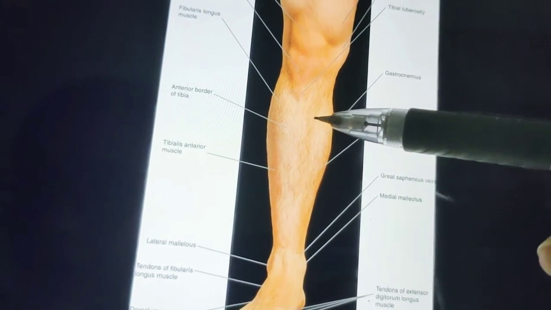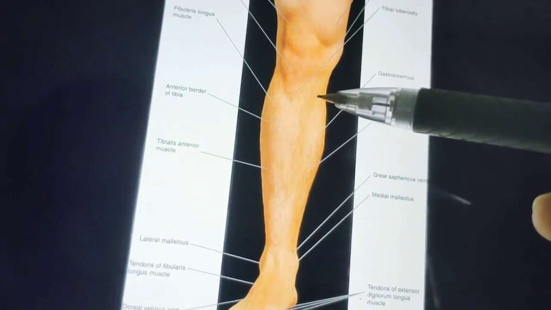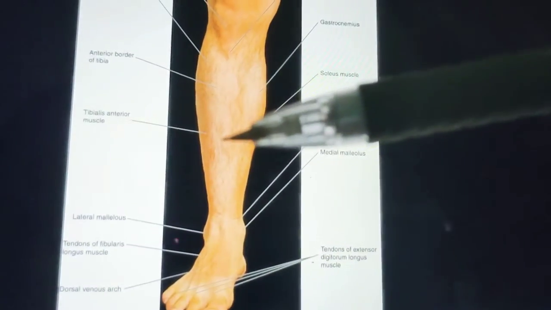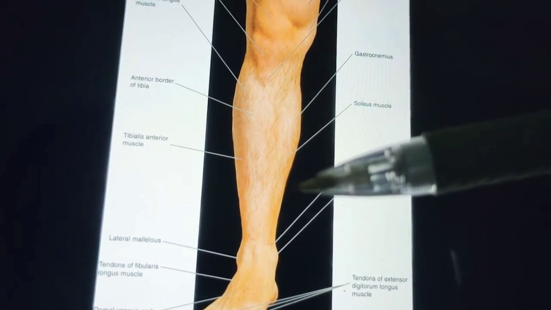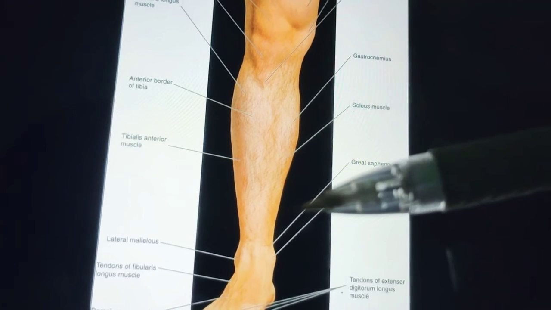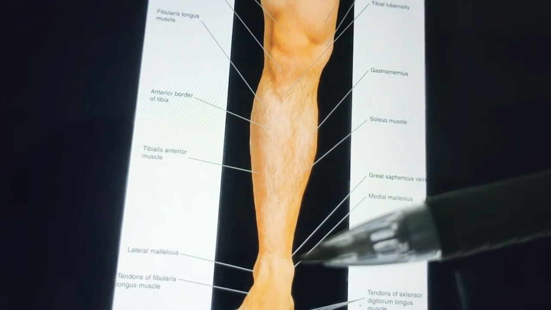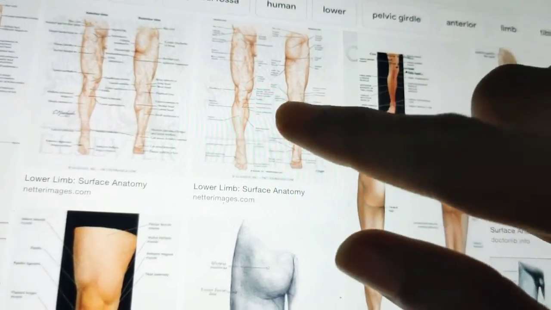Now coming to gastrocnemius. Actually, gastrocnemius is a posterior muscle. It has two bellies. Its underlying soleus forms the fleshy prominence of the calf. These muscles become prominent when the heel is raised as standing on toes, and the tendocalcaneus is the strong thick tendon of these muscles. It is attached below to the posterior surface of the calcaneum, that I will show on the posterior surface of the knee.